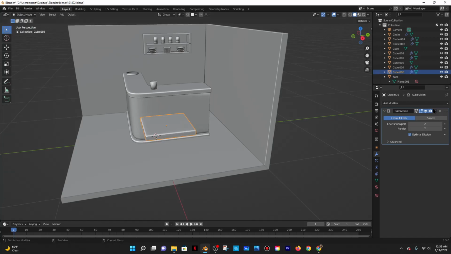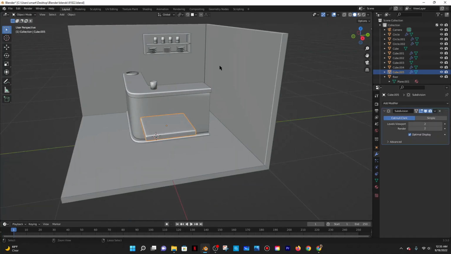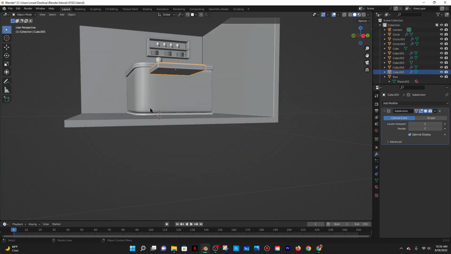So let me go back into object mode, apply the subdivision, but then if I go into edit mode now, it's gonna look like this, and that's just not okay. So let me do Control Z. This is always a problem. So you know what? Maybe I don't have to have it rounded. I could leave it like that, and then I could just